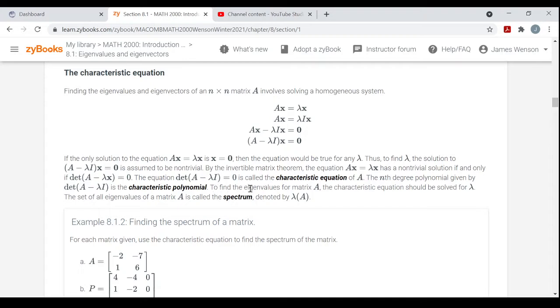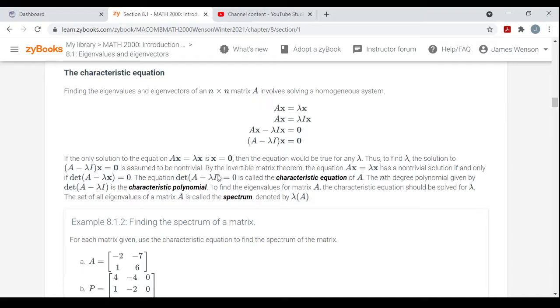All right, so to find eigenvalues for matrix A, you solve this characteristic equation. When is the determinant of A minus lambda I equal to 0? The set of all eigenvalues of a matrix A is called the spectrum of that matrix, denoted by lambda of A. Right? So this lambda of A is just the set of all the values of lambda that make this